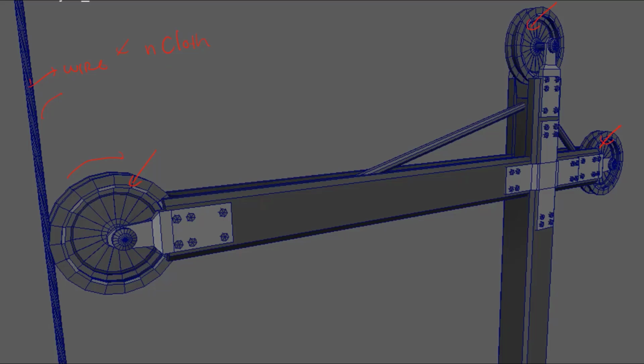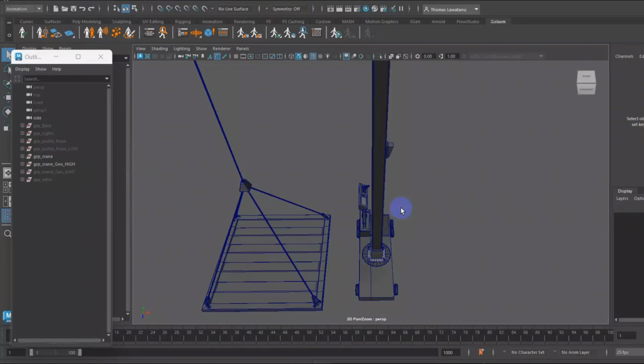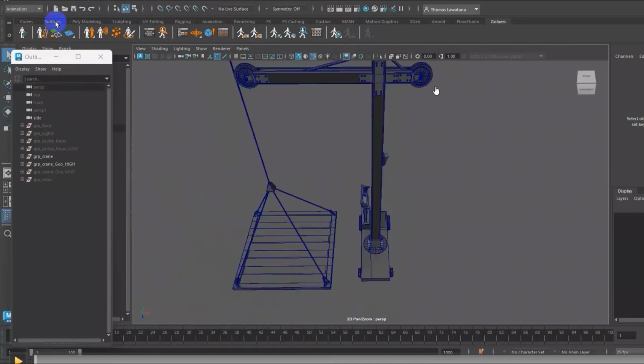Okay, so we jump to the first thing we need to set up. This is the project. I want to create a simple crane that will hook onto a box or shelf here.